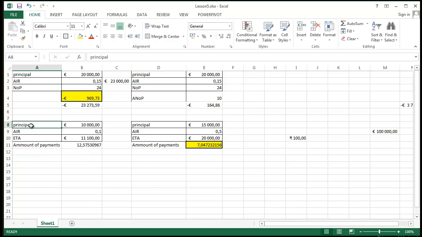So as I said, we need to input three things. First off is the principal. Second off is the number of payment periods. So let's say 36. Number of payment periods. Now the 36 in the beginning. Next off is the amount you will pay each month. So amount